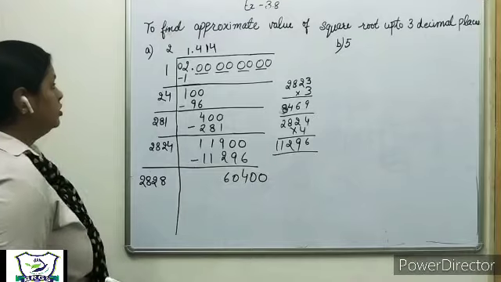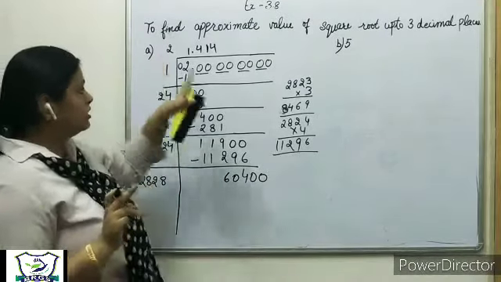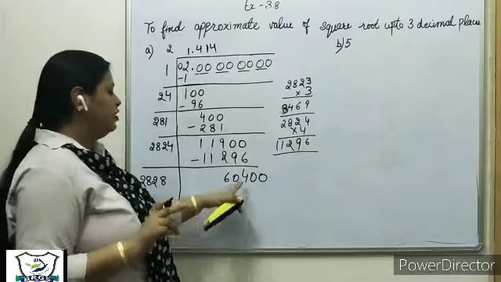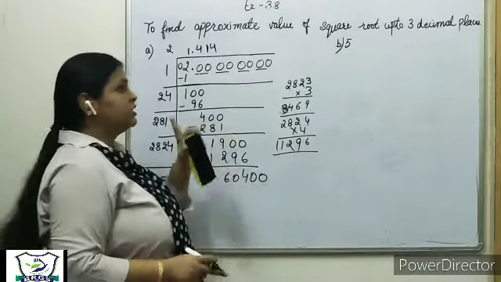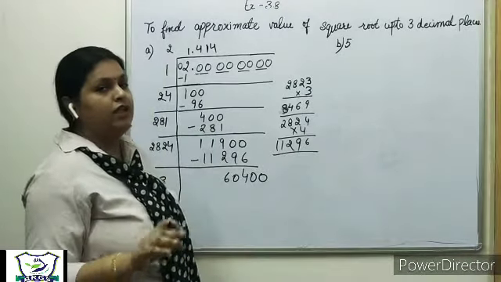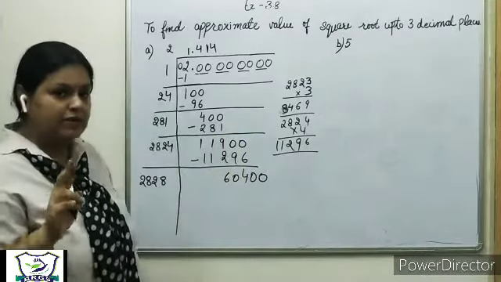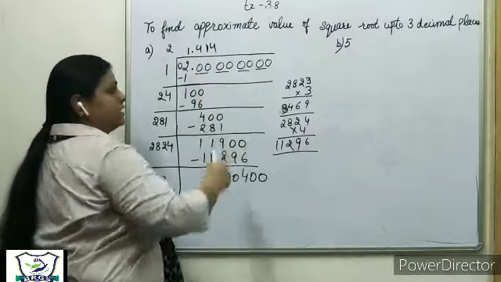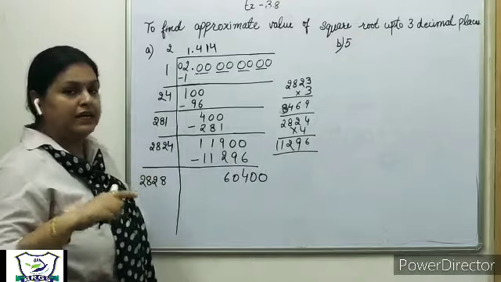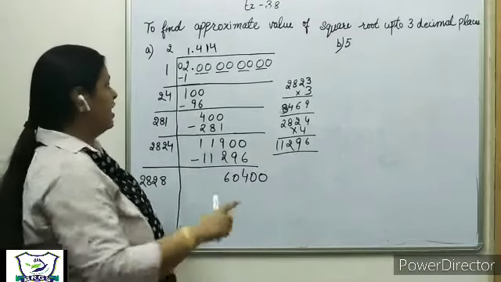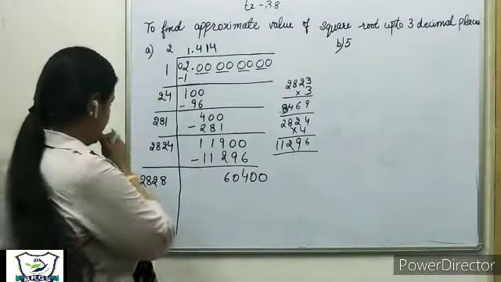8282. You should know that we are approximating this result. We are calculating the approximate value of the square root. So you will not get a number equal to this result because 2 is not a perfect square. So your remainder will never be 0. So we will calculate the result up to 3 decimal places only. We have already got 3 decimal places, but we will check if this fourth digit is either greater than 5 or equal to 5, then we will approximate the result. Otherwise, this will be the answer.